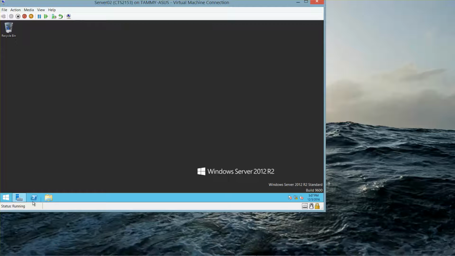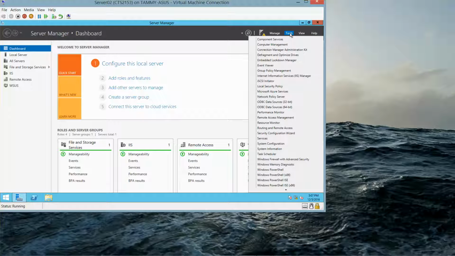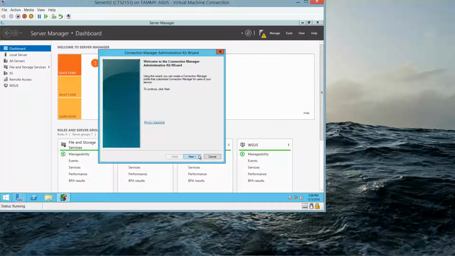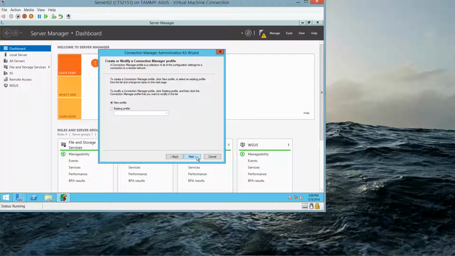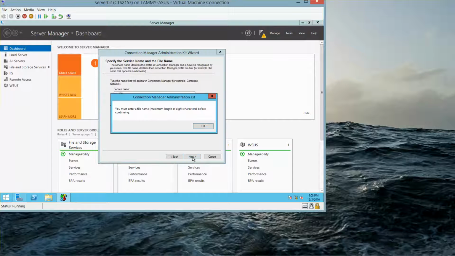So we go into our Server Manager, select Tools, and then Connection Manager Administration Kit. Here we're going to click on Next. On the Select the Target Operating System page, we're going to click on Next. On the Create or Modify Connection Profile page, we're going to click on Next. And on the service name, we're going to call My VPN, and then click on Next. On the Specify a Realm Name page, we're going to click on